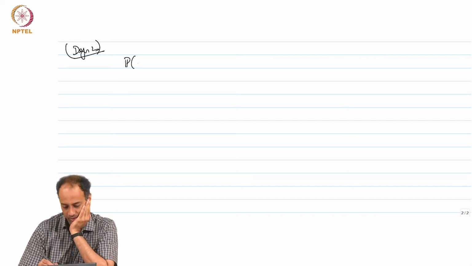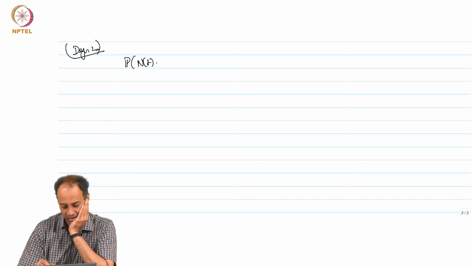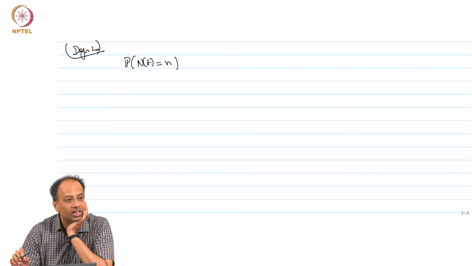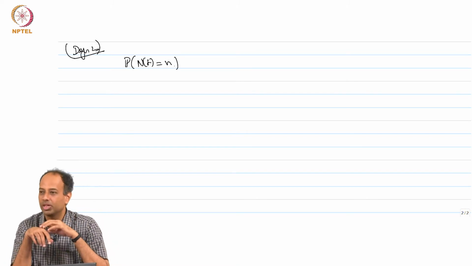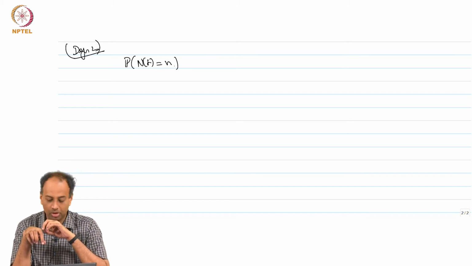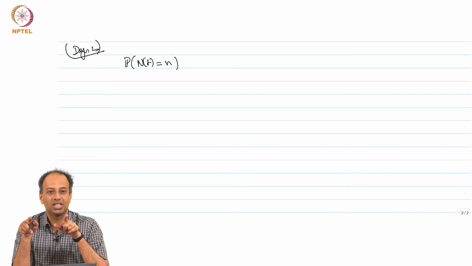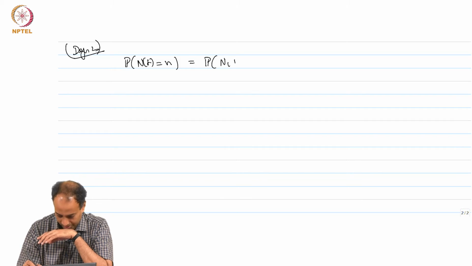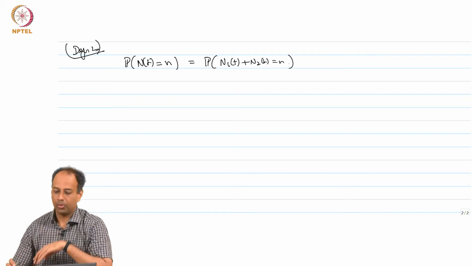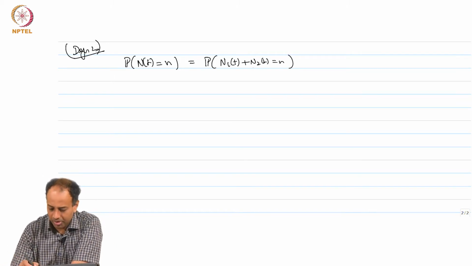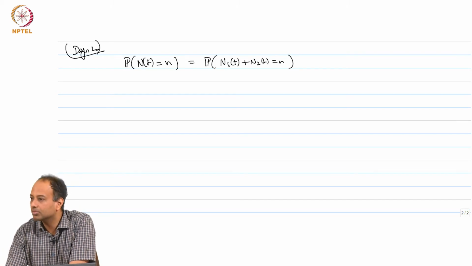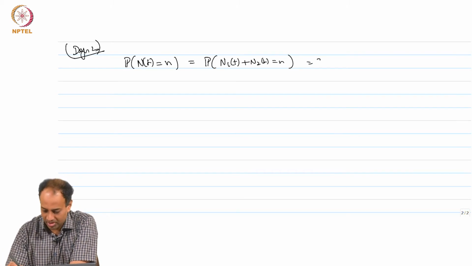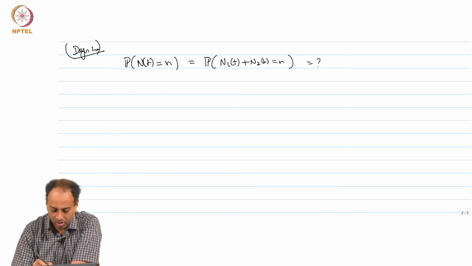So, if I just look at t equal to n, if this turns out to be Poisson with parameter lambda plus mu times t, then I am done. So, this is nothing but the probability that, so I want the PMF. For any t I want the PMF of N1(t) plus N2(t). So, what is this is the question, but I already know that